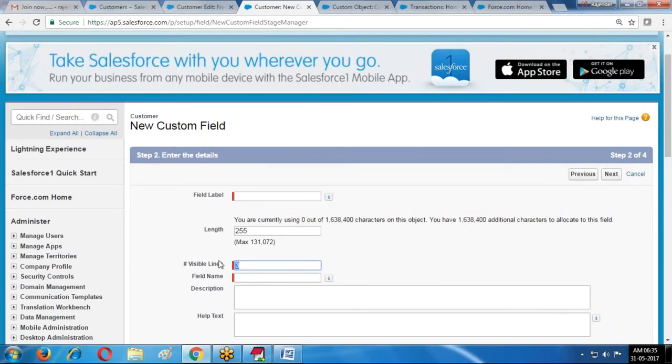And minimum visible lines 2, maximum visible lines 50. If I provided 60 lines, I am getting the error message. There are 2 errors here: greater than 255 characters, and here less than 50 lines.